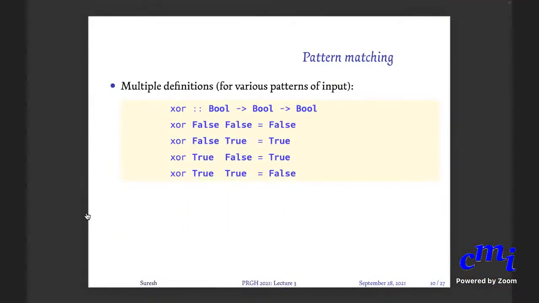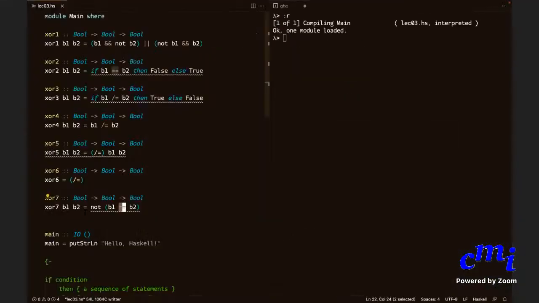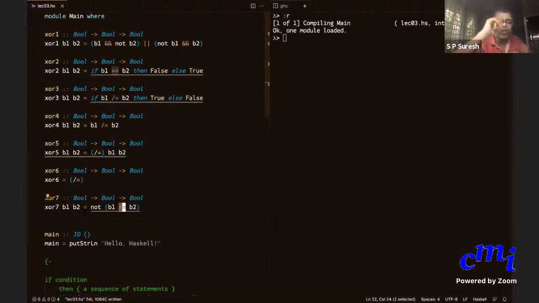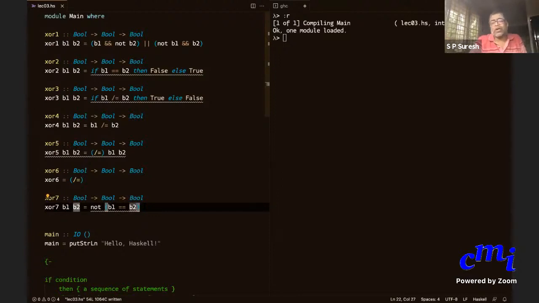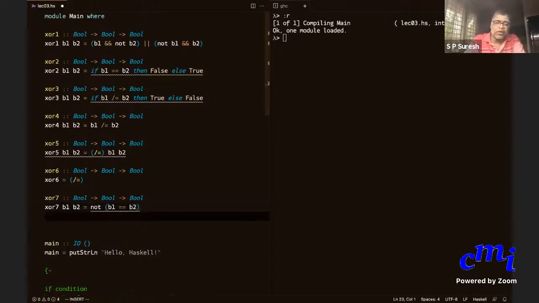Sir, I had a question. If we want to do something like f is equal to g, can we do something like f is equal to minus g also, or do we have to use it exactly as it is? This is a very good question. What you want to ask is, can I use not equal to something like that? Unfortunately, not is a function that can be applied only on booleans.